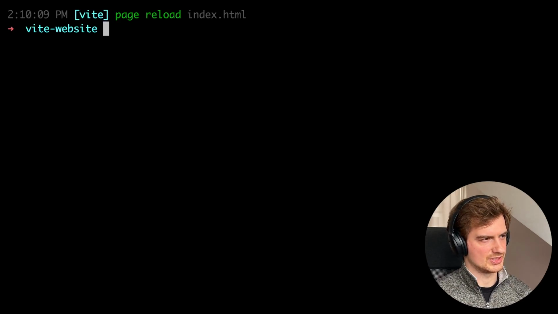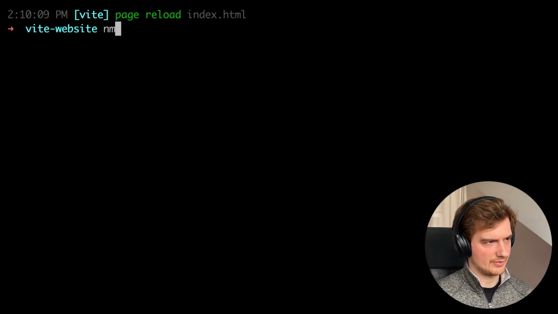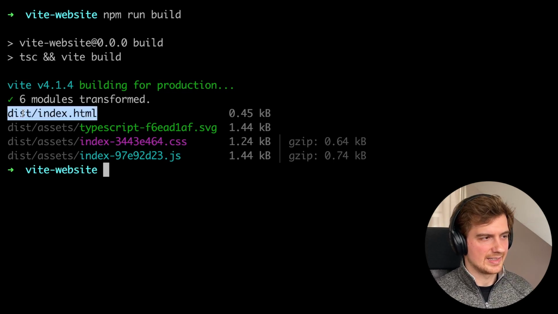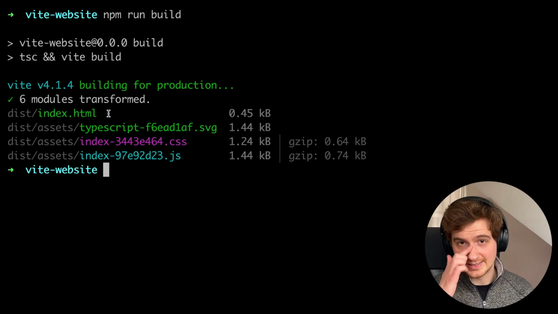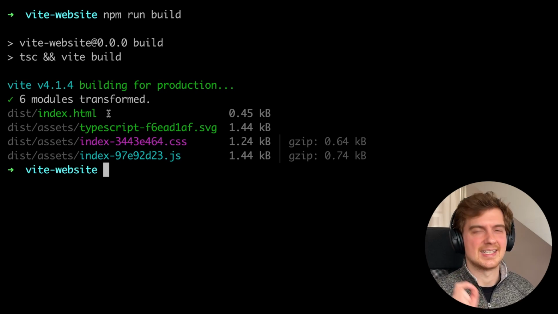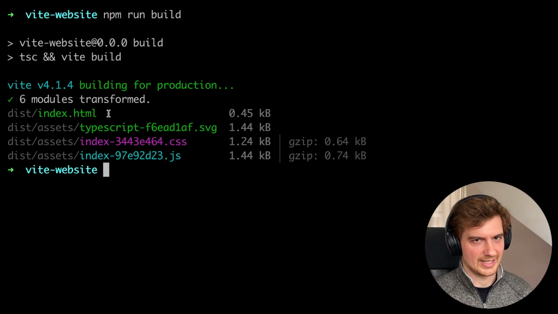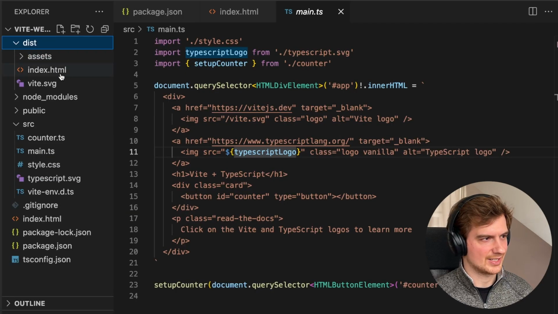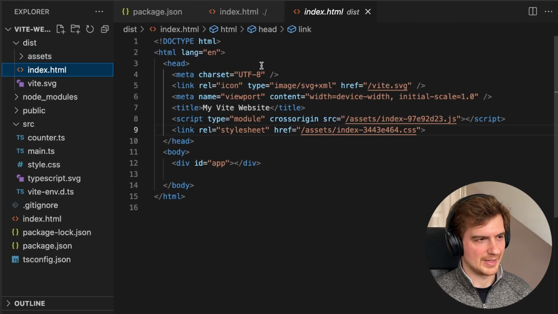So open up your terminal, let's just close out of the currently running process and run npm run build. We can see that as a result of the build command, a dist directory was created, and into this dist directory we have an index.html file created. Now this index.html file isn't actually a direct copy of the previous index.html file. So if we go to our code editor and open up the dist directory and the index.html,